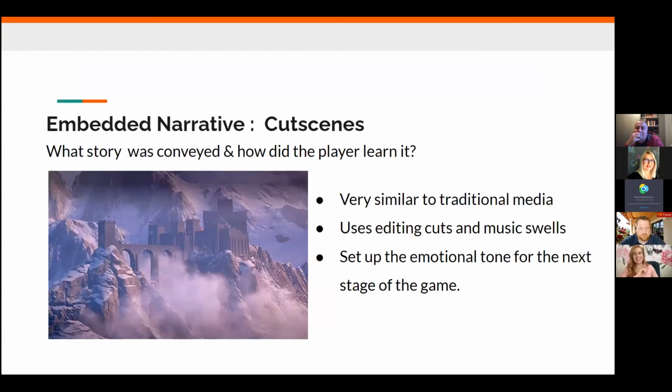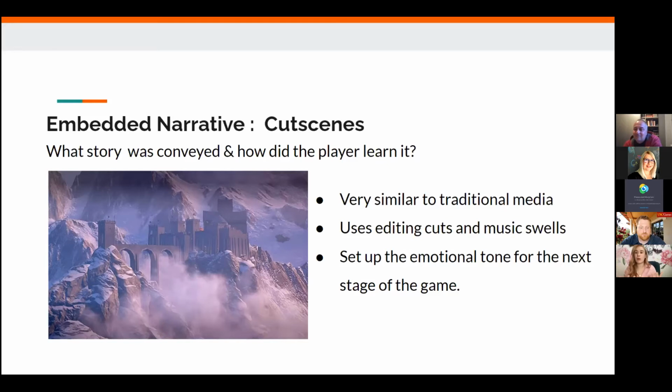Nope, there we go. So in this cutscene, what was the story conveyed and how did the player learn it? It's basically a movie. It looks like it could be a clip that was cut from Lord of the Rings. The dramatic swell of the music, the editing and shots, the low angle shot to highlight the Inquisitor as he passes the elf Solus by his side and discovers this new base for the game.